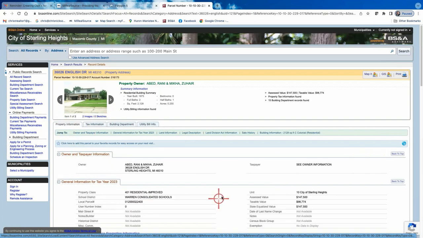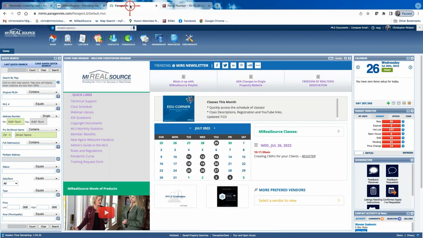What I usually do is I print out the first page and I save it. Sometimes I add it into my CMA report. Sometimes I don't. I'll show you how to do that. But this is where I get the basic information with which to start my search. So now that I have this information, I'm going to do a search to find the similar properties so we